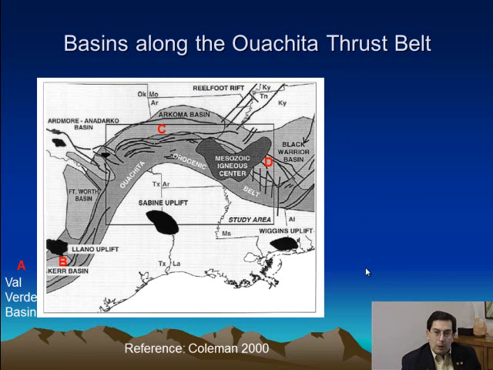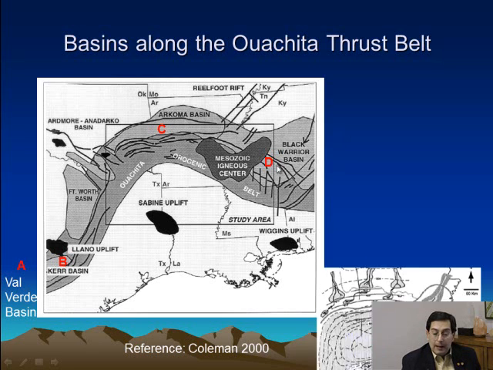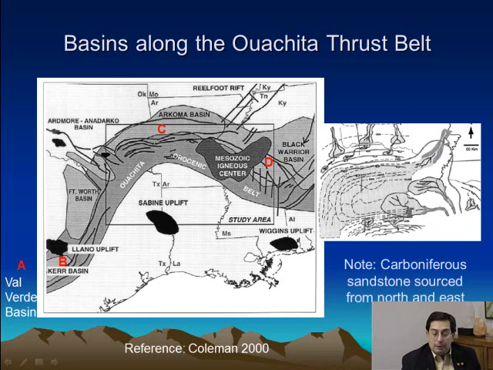Now, one of the things, realizing the comments earlier about large structural blocks and the importance of crust fault seal, if we look at some of the major basins along the Ouachita Marathon thrust belt, like the Valverde, the Kerr, the Arkoma Basin where Wilburton is, the Black Warrior Basin where Maben Field is, and we look at the Carboniferous, there's a major source of Carboniferous sands coming in from the north and the east. So this is a very, very sandy area in Mississippi and a very sandy area in the Arkoma, but not so much so as we go towards the west.